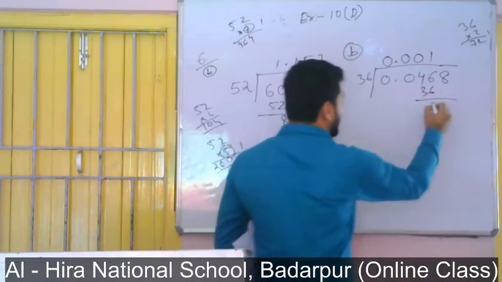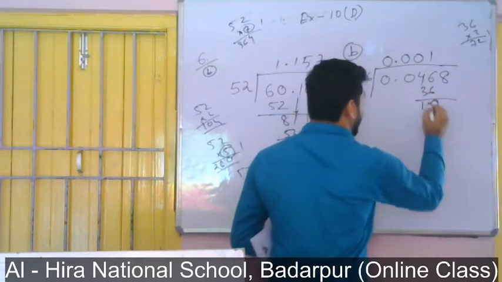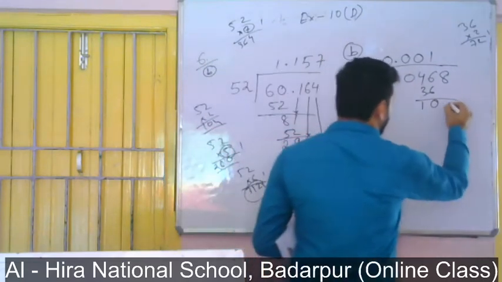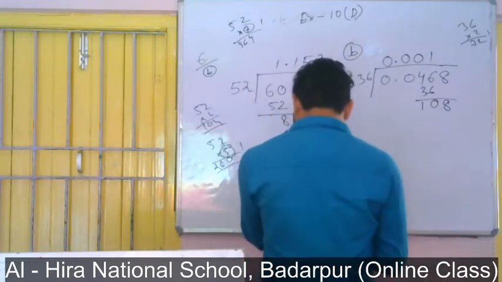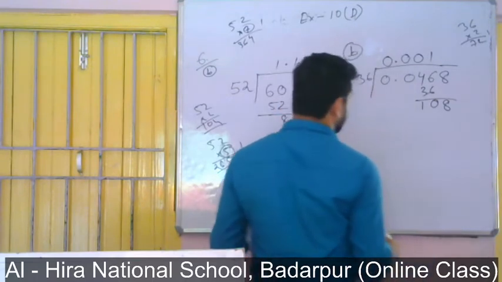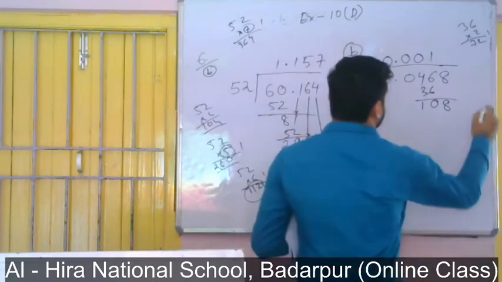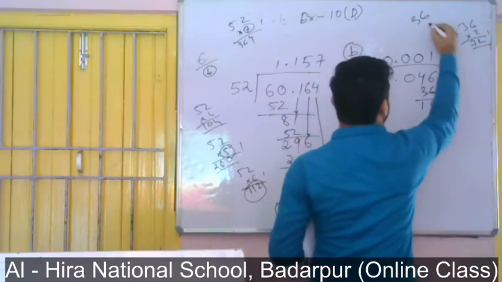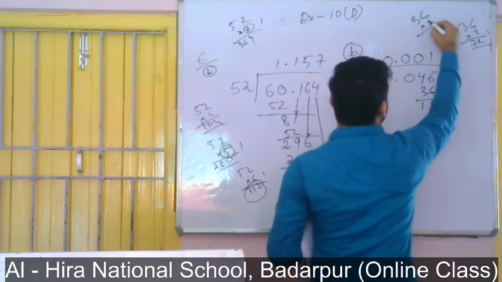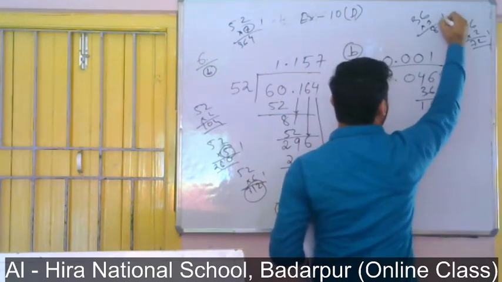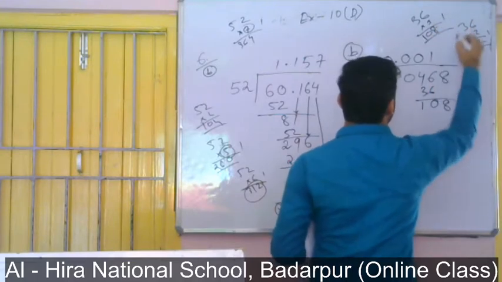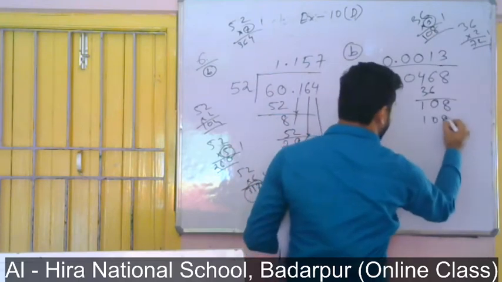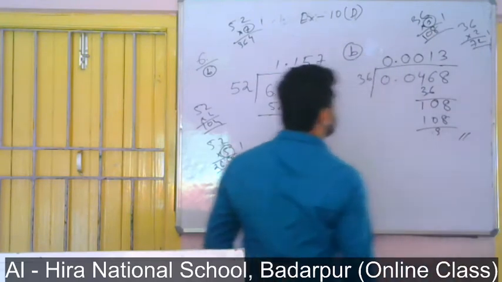Then 4 minus 3 is 1, 10. You see 10 is not divisible, so we will take 8. Now let us check with 8. 36 into 2 is 72, then we multiply with 3. 6 3s are 18 and 1, 3 3s are 9 and 1 is 10, 108. That means with 3 we are getting 108, so write 3. That is the required answer.